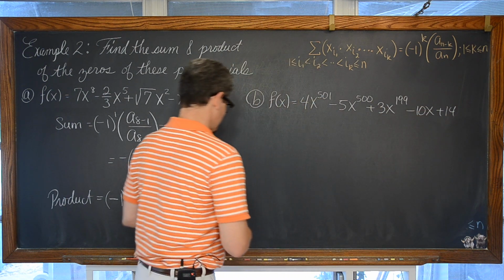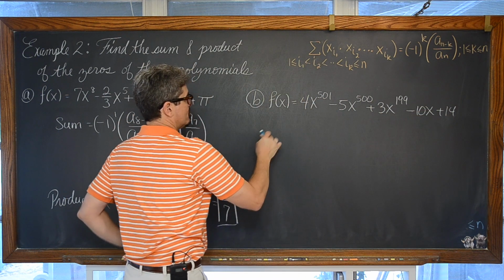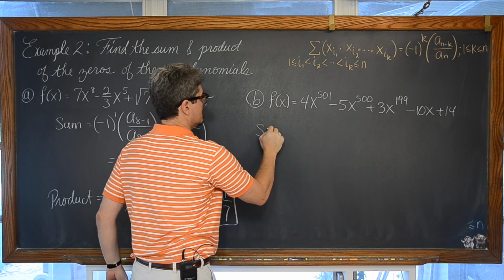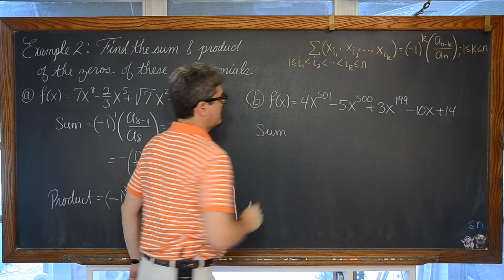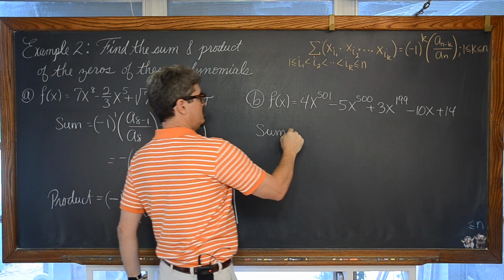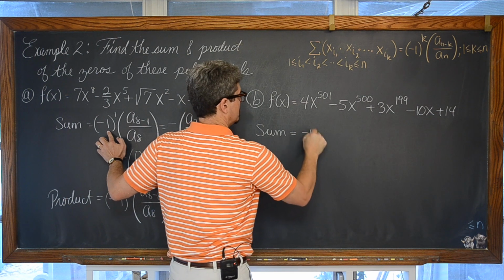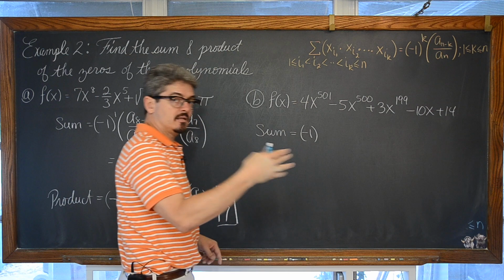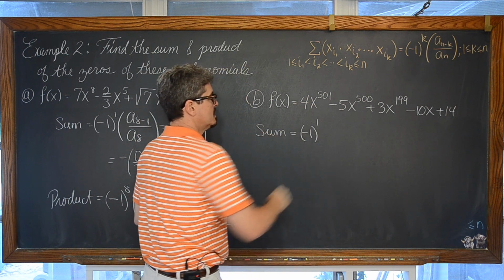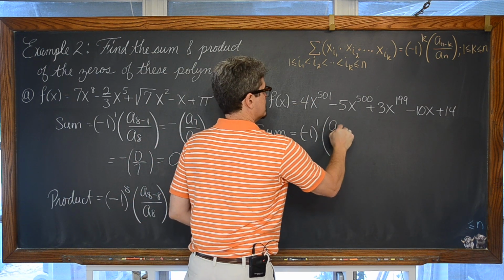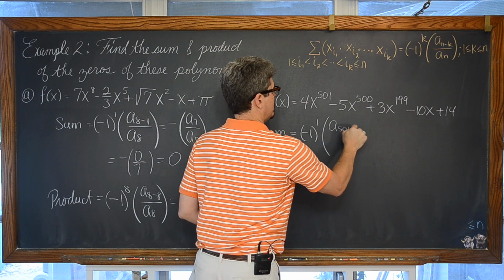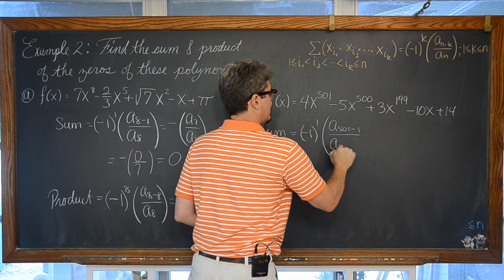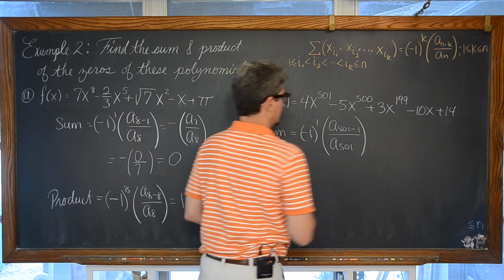and a lot of terms missing, we want to do the same thing. By now, hopefully, seeing the general form of Vieta's formula here, you can probably do this by yourself, but just to make sure, the sum of all of our roots, all 501 roots, is going to be equal to negative 1 raised to the 1 power, because we're just adding the individual roots, times a sub 501 minus k, which is 1, over a sub 501.